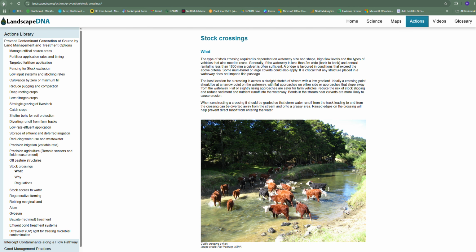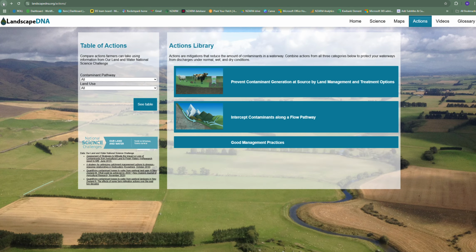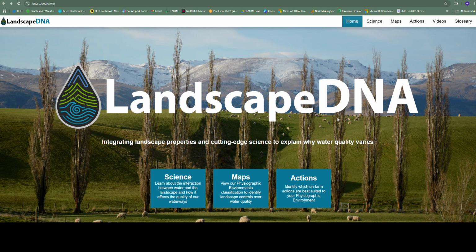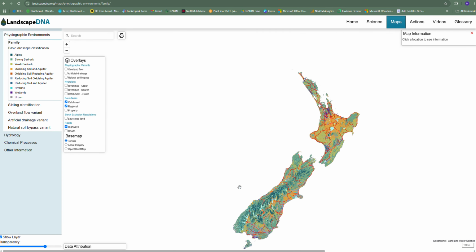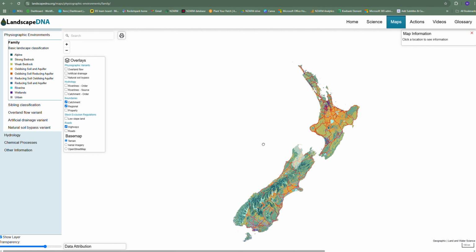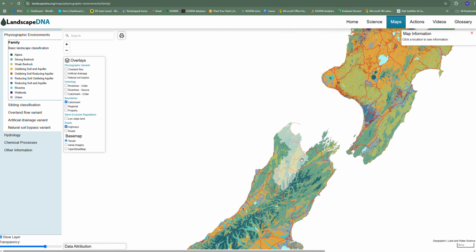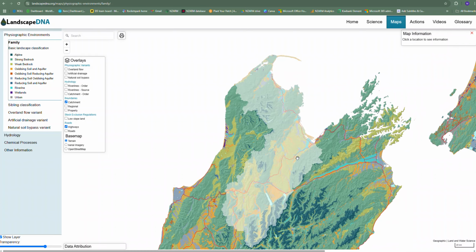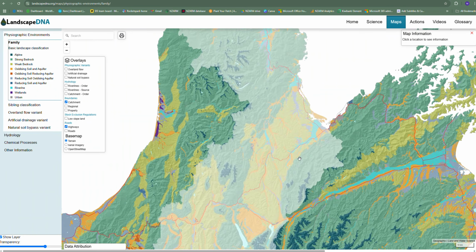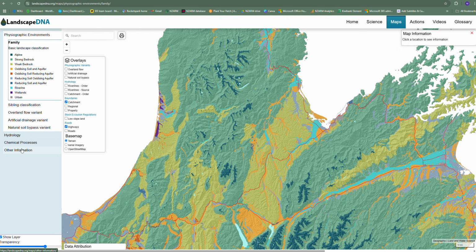So the main thing though I wanted to show you was, if we go back to our homepage here, we can look at our maps. A lot of it's based on the physiographics work that Lisa and Clint did initially for Southland, and then also for the rest of the country. So a really cool piece of work, which looks at lithology, I suppose, the geology, the soils, the slopes, the rainfall, a bunch of those sorts of things. So how they've set it out from a mapping point of view is